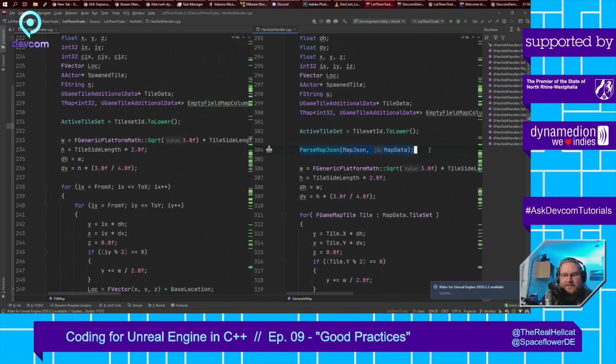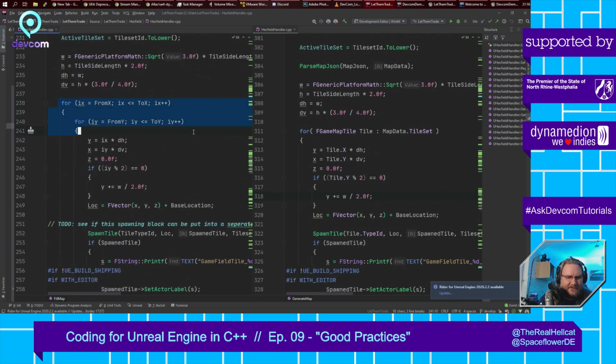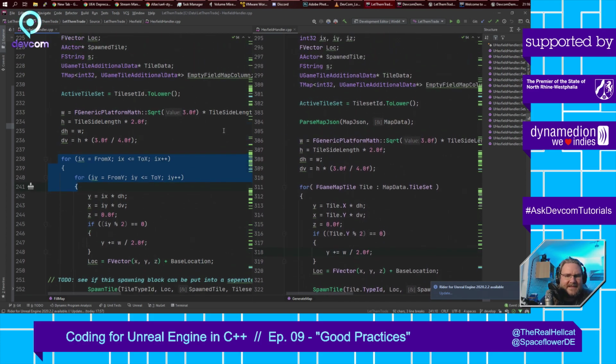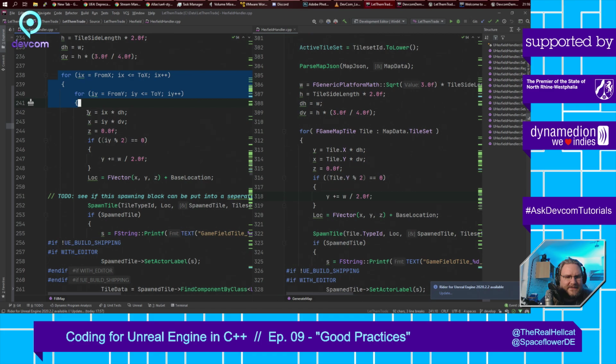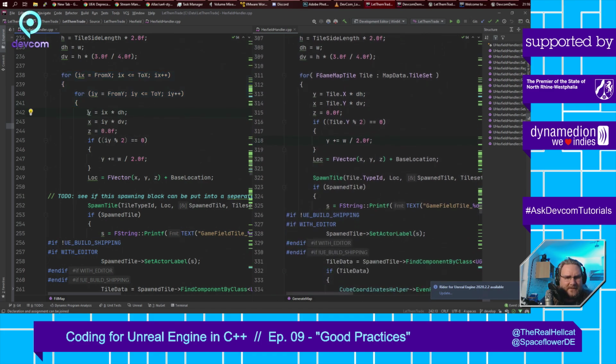Like this one first parses the JSON into a data object and then loops over the entries of the data object and pulls the X and Y from there to know where to spawn which tile. And this one just loops from A to B and C to D to make a square full of the same tile. So these different parts can stay, but then I think starting from here, starting from the Y equals